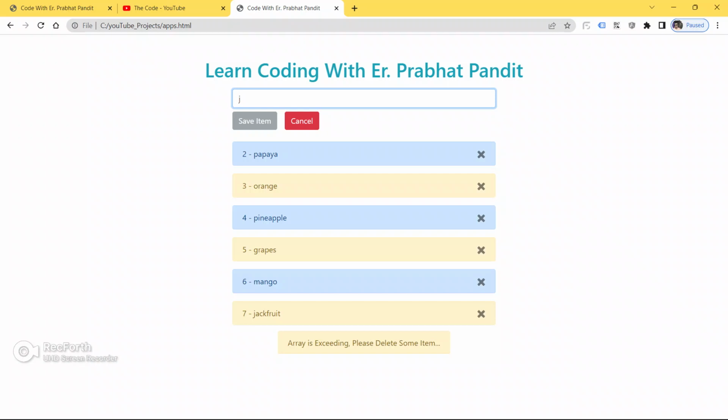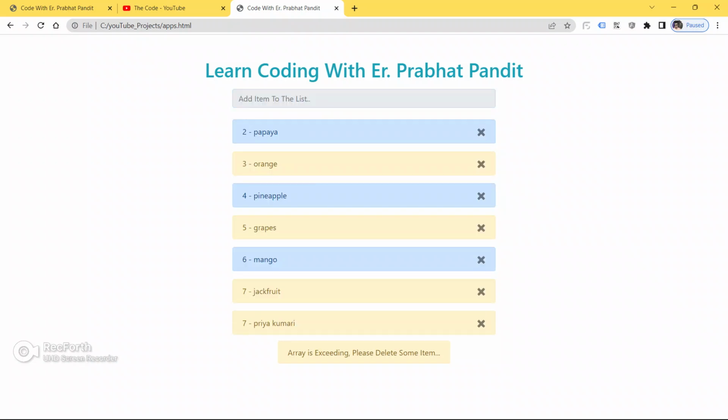As of now, the save item button is disabled. So to make it enabled, we have to put at least 5 strings. See, remove, again it is disabled. Now it is enabled. Now we are able to save, we are able to click on the button. Priya Kumari,